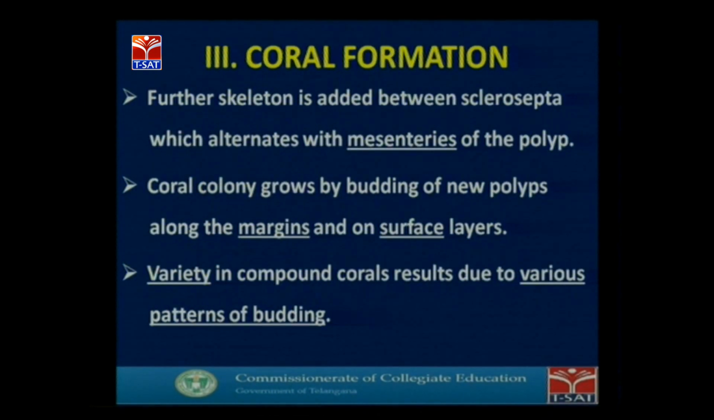In the next slide we can see the further skeleton is added between sclerosepta, which alternates with mesenteries of the polyp. The coral colony grows by budding of new polyps along the margins and on surface layers. Variety in compound corals is because of the different patterns of budding,